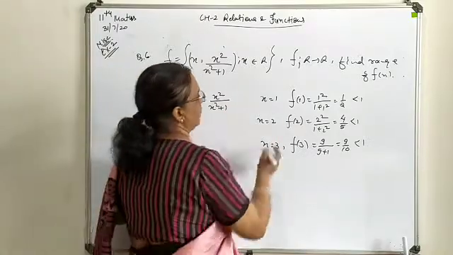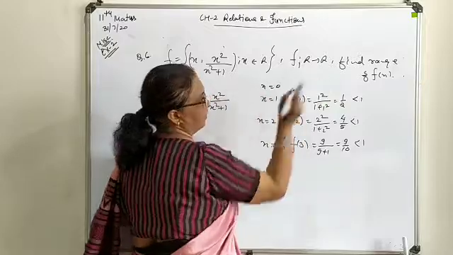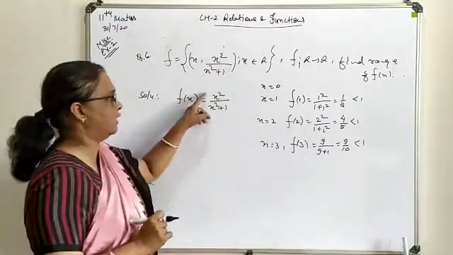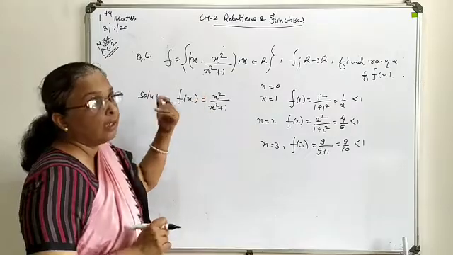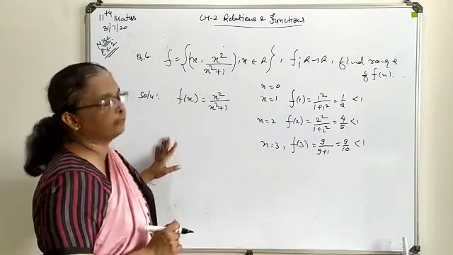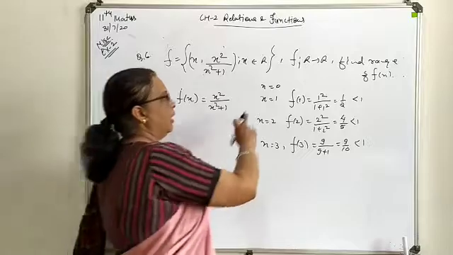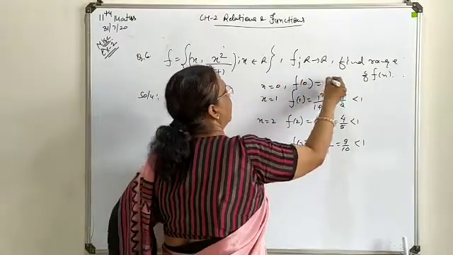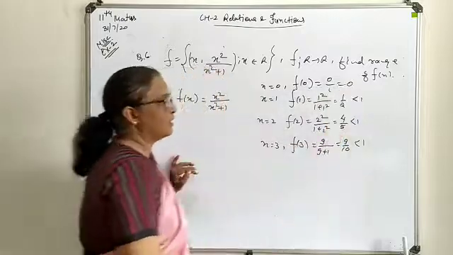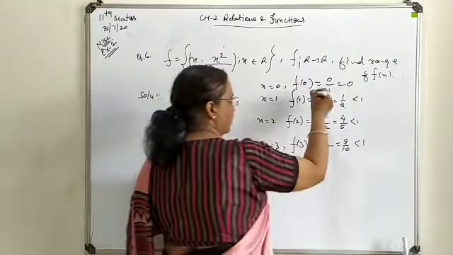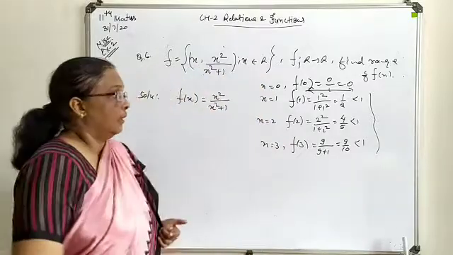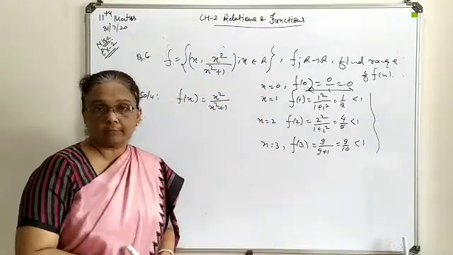So in the beginning we can select x is equal to 0 because we have to take from R, and for all negative or positive values, as both are carrying x square, the negative solution will never be evaluated here. At x is equal to 0, f of 0 will carry 0 upon 1, that means 0 only. So except this case, all the solutions will give you a value less than 1.